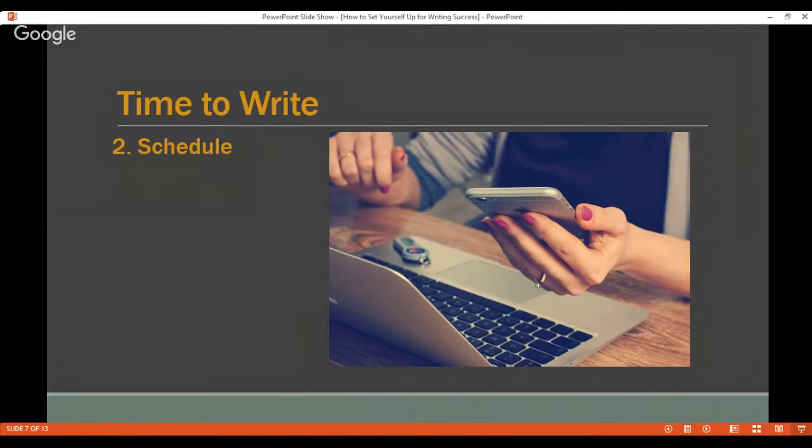There are 3 different schedules that I'll recommend to you. One is to write 7 days a week. And even if you're only writing for 10 or 15 minutes, that is completely acceptable. Don't feel like your writing has to be for 2 hours or 3 hours or something extended like this. It definitely doesn't. It can be a short period of time, okay? Because what we're doing here is we're creating a plan for writing success, okay? This is going to help you get into that pattern of being successful as a writer.